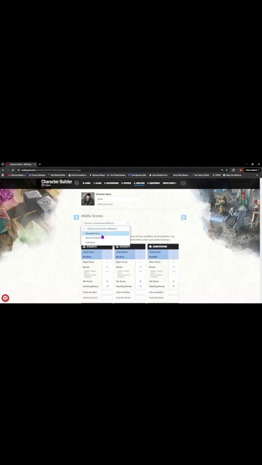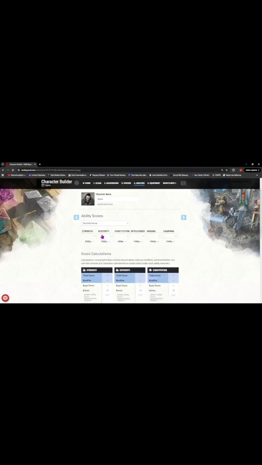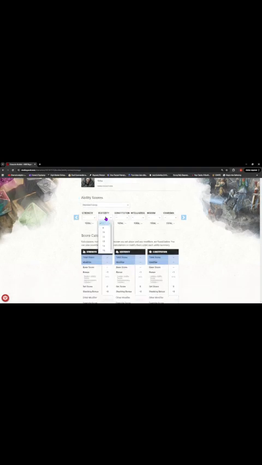So, usually we use standard array. If standard array, you have abilities of 15, 14, 13, 12, 10, 8 to distribute. We want dexterity to be his highest. I want strength at 12. Constitution is your HP or your life points. We'll do 14. Intelligence, I'm not that good. 13 wisdom and 10 charisma.